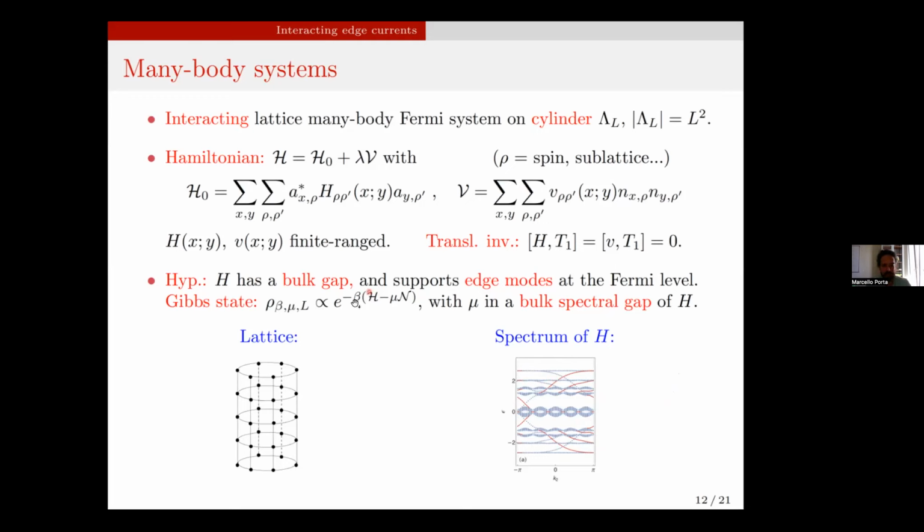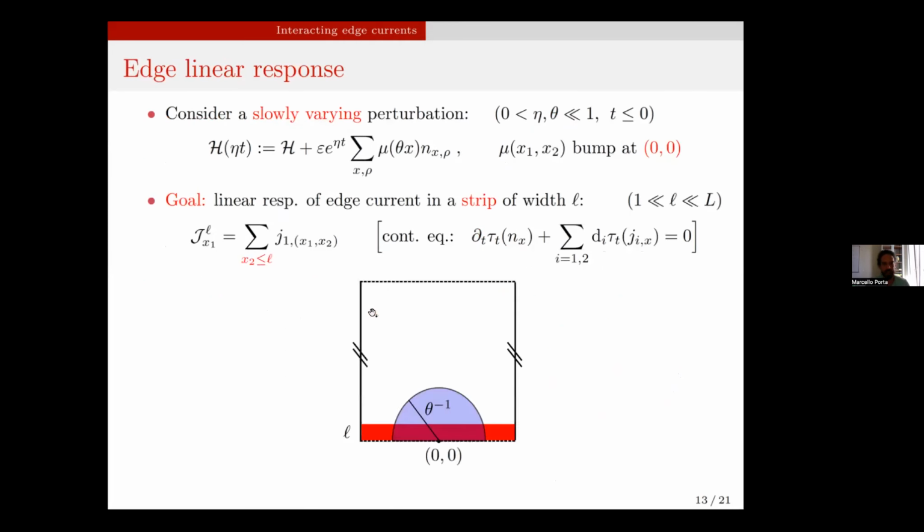Of course, the equilibrium state is defined in the usual way, and I would like to study this in a statistical mechanics sense. Right, so now what about perturbation? I want to drive current on the boundaries, and a natural way of doing that is by making, again, the Hamiltonian time dependent, and I will do that in this very specific way.